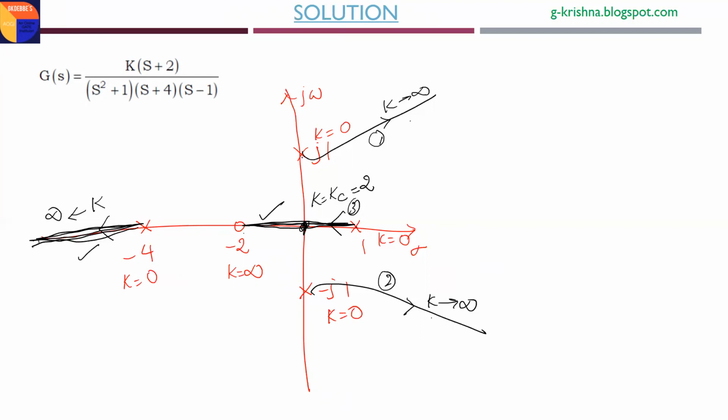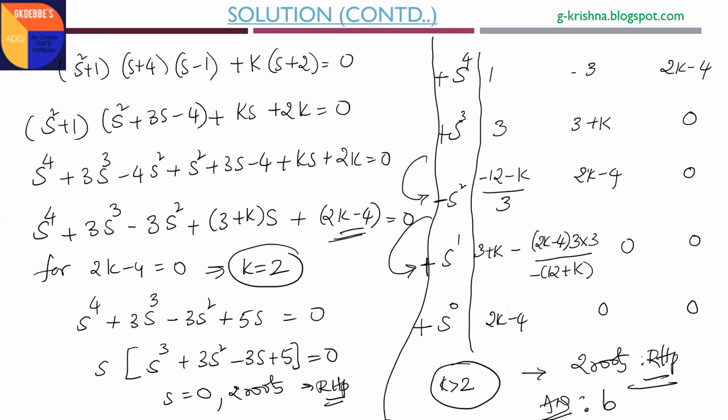By drawing the root locus, you can easily check that. But if from the root locus you don't get that 2 roots will be in the RHP for any value of k, it means that no value of k exists as your answer. But definitely from the root locus plot, you can know that the 2 roots can lie in the RHP for k greater than Kc. What is that Kc value? Easily you can know from the Routh array table only.